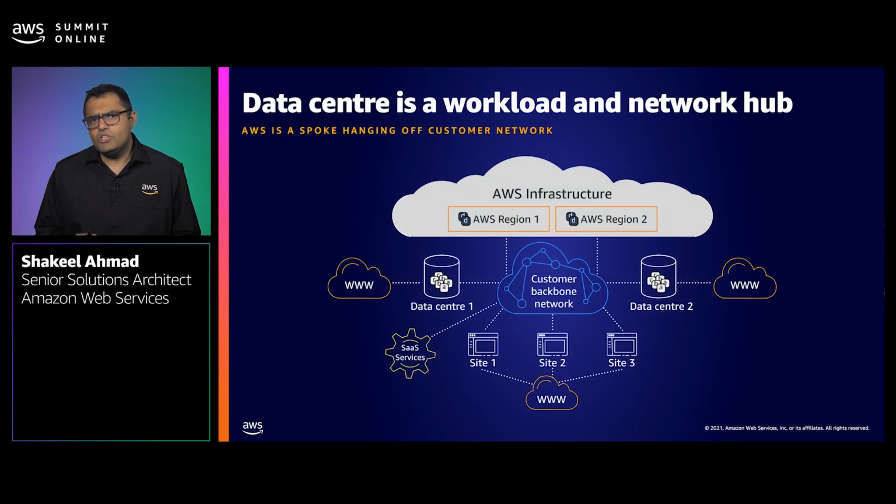In a very typical journey to AWS, initially when you connect to AWS, you would be using your existing WAN provider, or you have, let's say, your private backbone for most of communication, while AWS connectivity hands off as a spoke in your network, with your data centers being the hub, because predominantly your data is going from your site offices into your data centers.